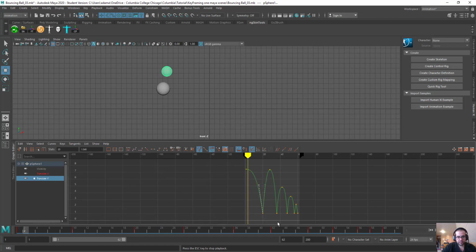Let's watch that again. Yeah, that's way too floaty. Let's move that out like this a little bit. Hopefully that should not be so floaty. I'm going to pull all these down just a little bit, speed up that bounce. All right, and actually I think I'm going to leave that just a little bit like this for now,